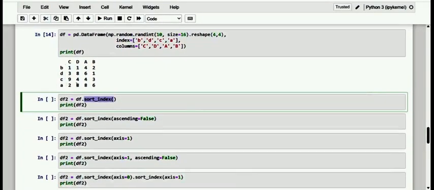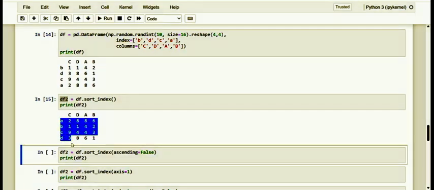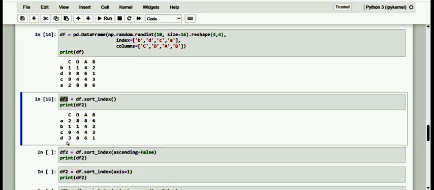This is our data frame, and when we want to sort it, of course, we are going to make it into a data frame 2. Kindly have a note of how it has been ordered. As we can see from the result, the rows of the data frame have been reordered, following the ascending order of the index labels. So we therefore had a sort by row, while the order of the columns remained unchanged.